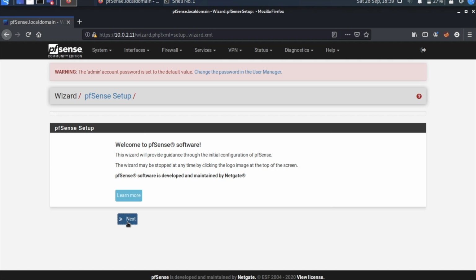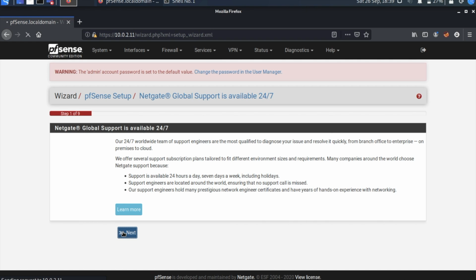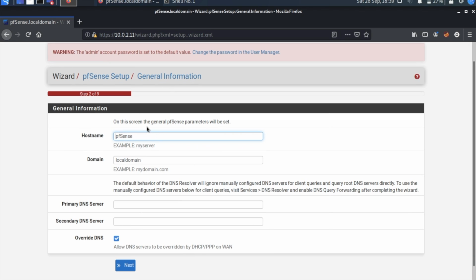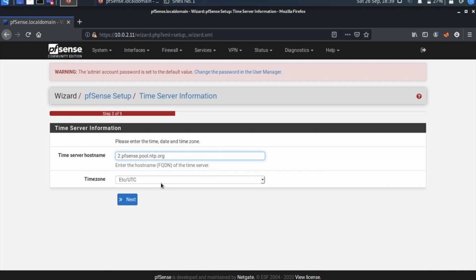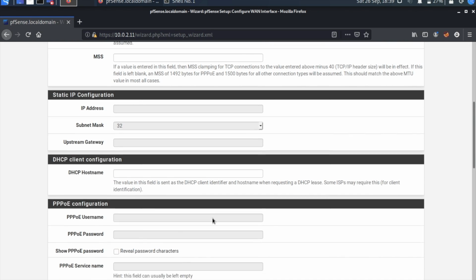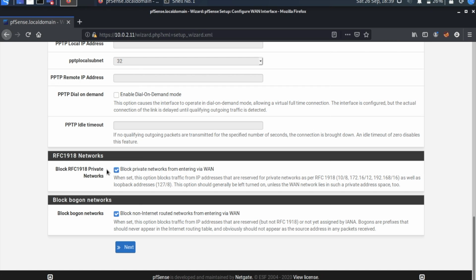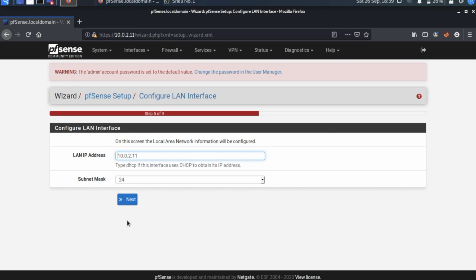So guys, click on next, then again next. Yeah, I'll keep it, yes, don't want to keep any DNS server. Go to next. Yeah, time zone you can select as per your convenience. Next, keep defaults for interface. And guys, this is the important step. You have to uncheck these two, because otherwise it will block internal IP addresses also. Next, yeah, this is my LAN IP. Next,